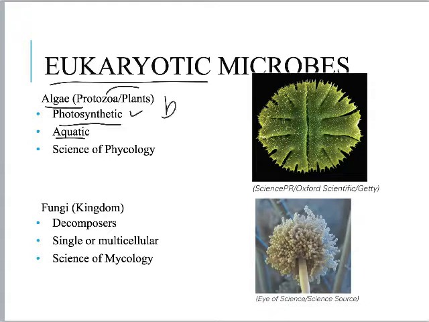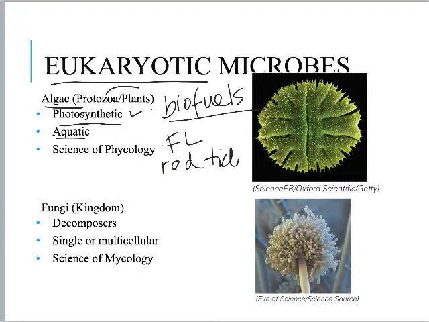So they are using algae to make biofuels. Okay, so they're using them instead of using petroleum products. Right now, there's a big problem in Florida with what they're calling red tides. Okay, so the algae off the coast of Florida produce a toxin, and the toxin can make people sick. So algae are extremely diverse. They're very different, and they can cause problems, but they can also be used for good. Okay, the study of algae is phycology, so it's kind of a different word.